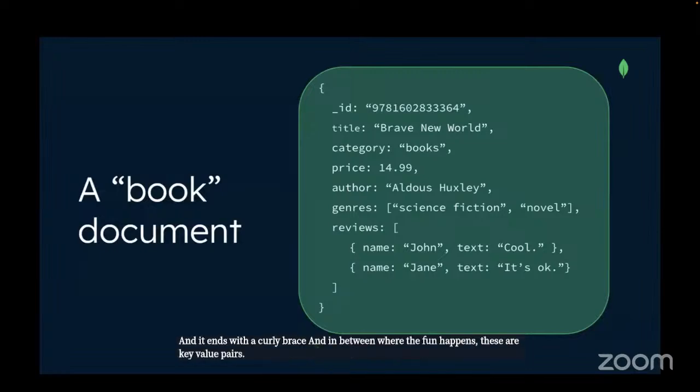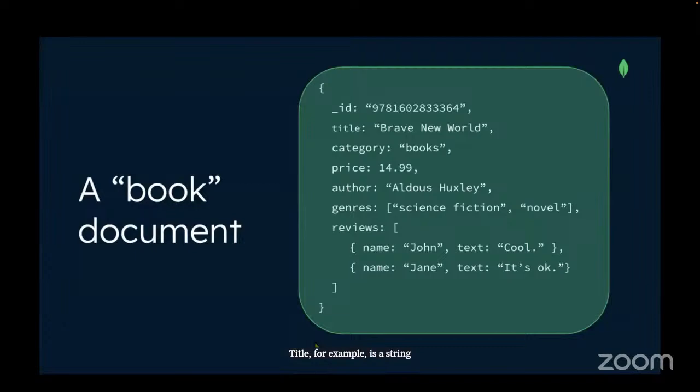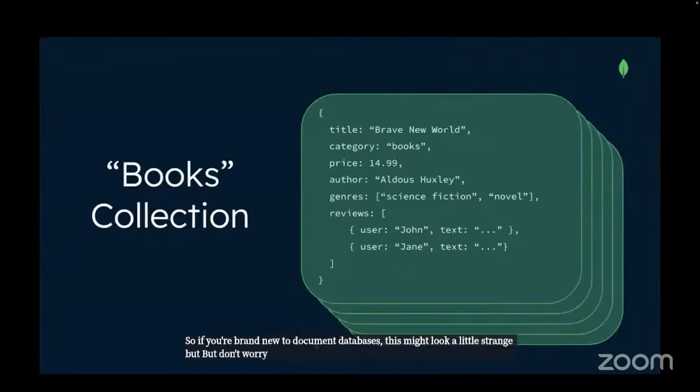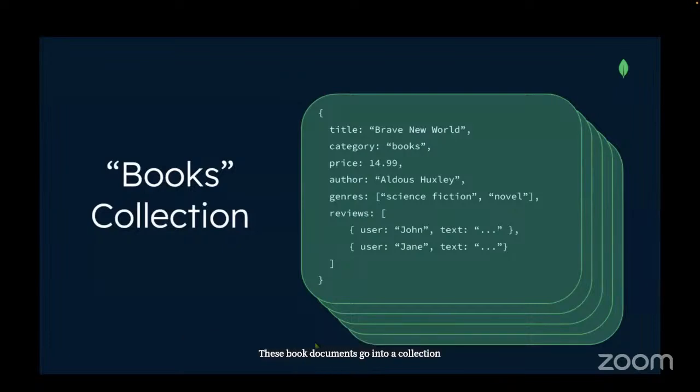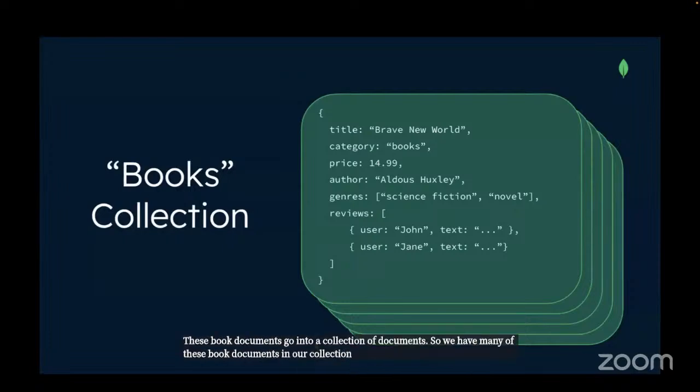These are fields. Okay, so keys are always going to be strings. Title, for example, is a string. The value can be a string, it can be a number, it can be an array, it can even be another document. In the case of reviews, we have an array of additional documents. So if you're brand new to document databases, this might look a little strange, but don't worry, we're going to explain it. These book documents go into a collection of documents. So we have many of these book documents in our collection,